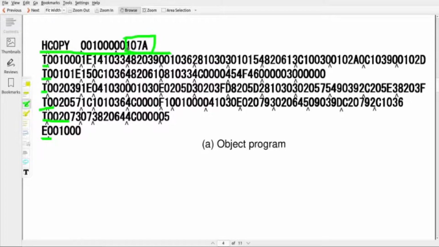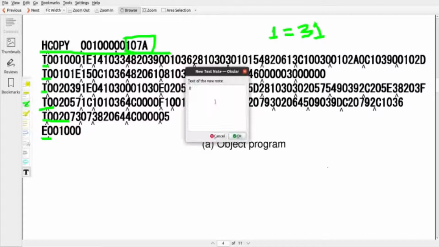So 1 is actually not a hexadecimal 1. It will be considered as an ASCII of 31, because hexadecimal 0 in ASCII is represented as 30. So hexadecimal 0 ASCII is 30. It will continue up to the 9th one, which is 39. Hexadecimal 9 is actually ASCII 39.